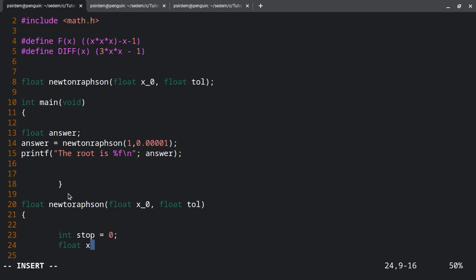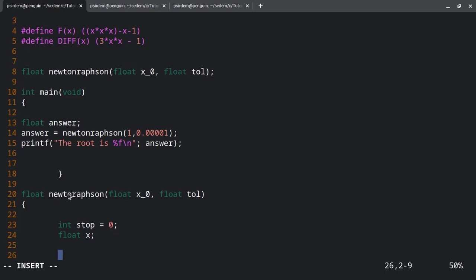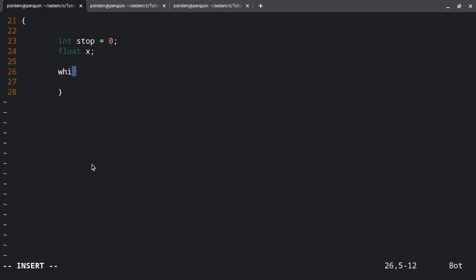Okay, let's not give it any value, so float x. Now we can start our loop by saying while our stop is equal to 0, then we should try. So while our stop is equal to 0, what should we do? We should first assign our new x to be equal to the old x, that's x naught,